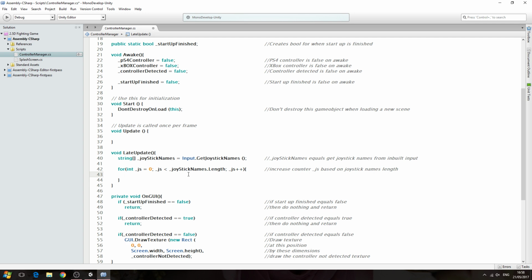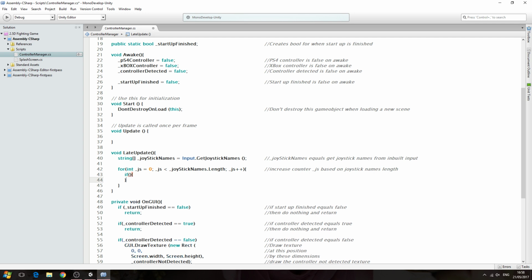But with that said, let's come inside this set of brackets now, here and here. And we're going to say if, we'll open and close brackets, we'll open and close again. Again, we'll come back inside this first set of brackets and we'll say underscore joystick names. And then we want square brackets